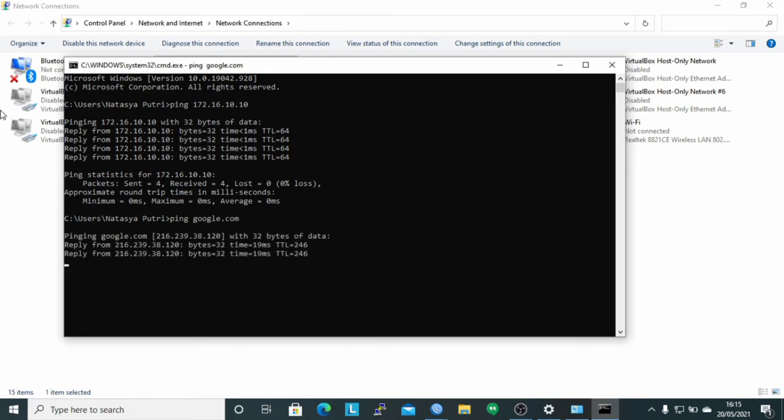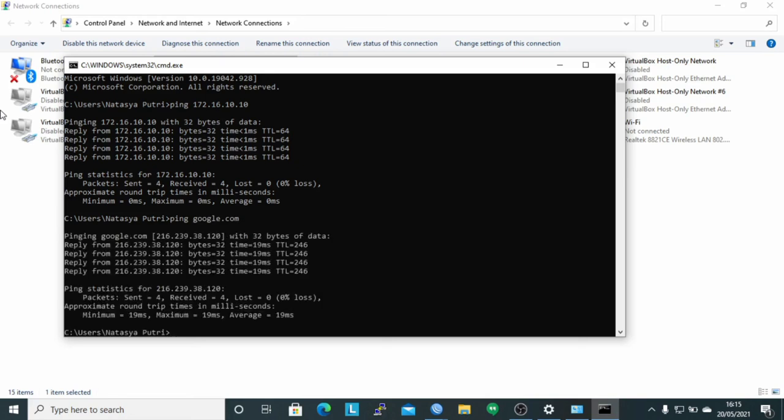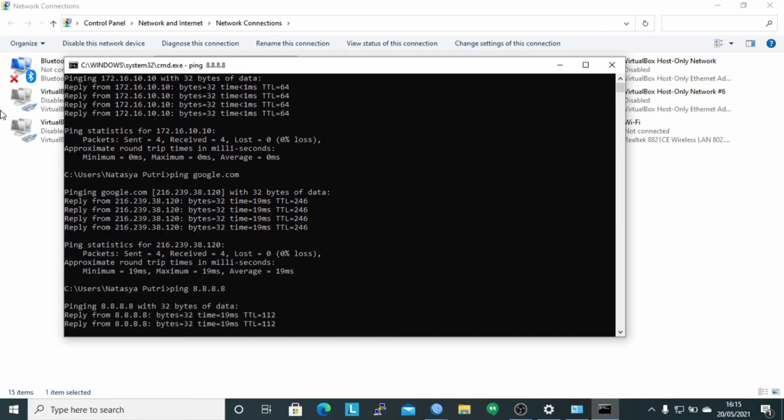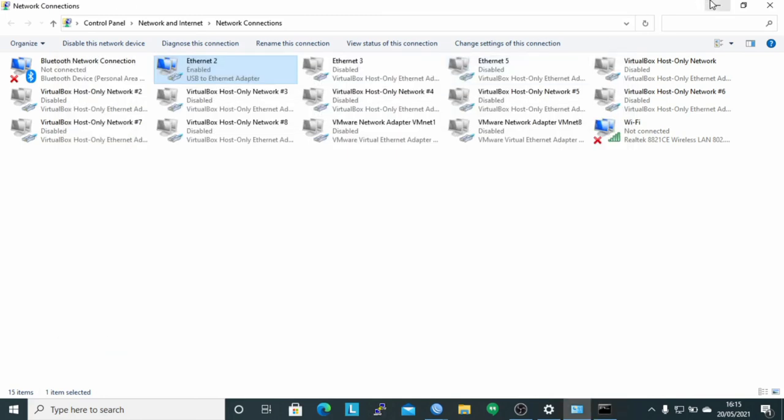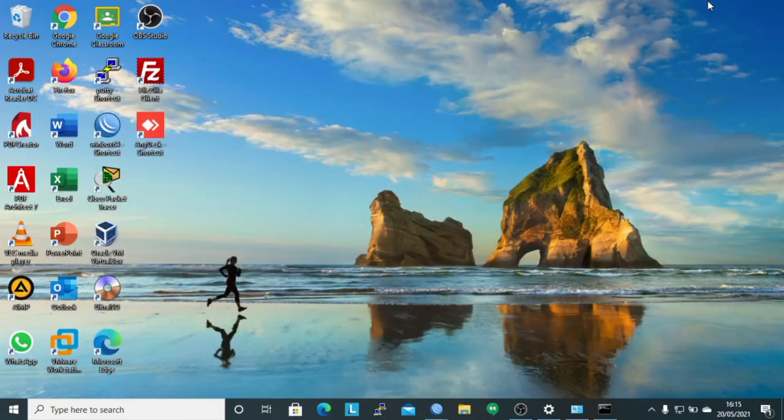It can be seen that the result is reply, meaning that the client is connected to the router and connected to the internet. And the client got the IP address dynamically from the DHCP server on the router server.